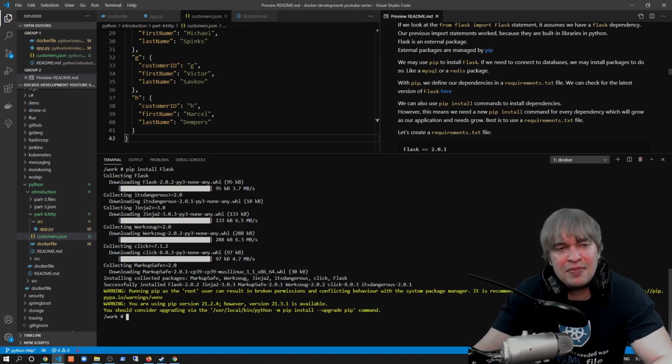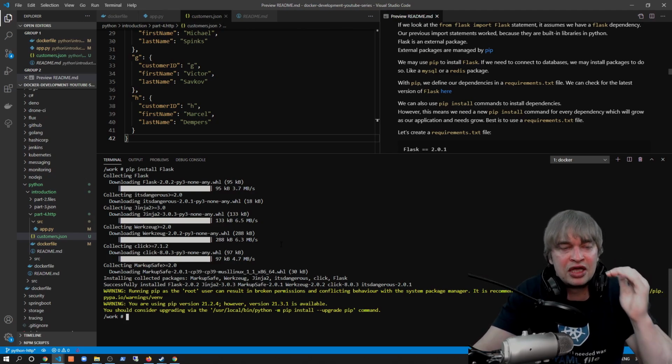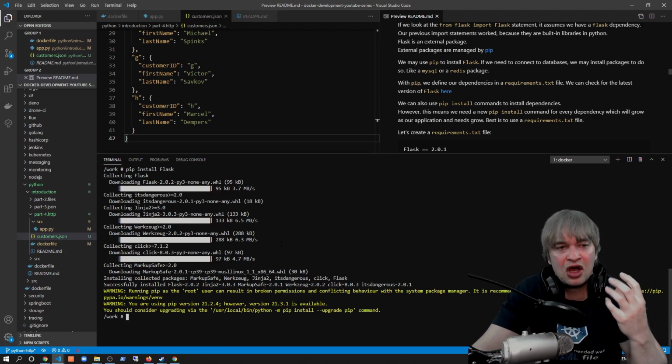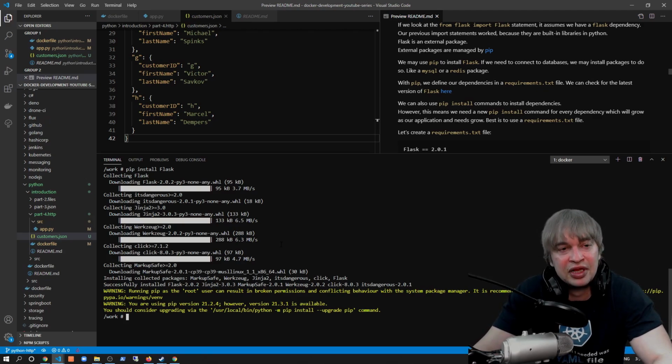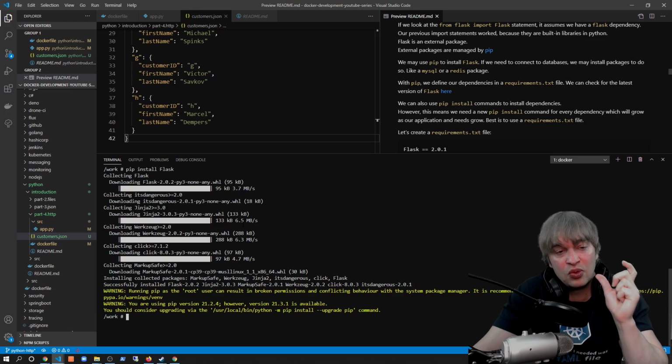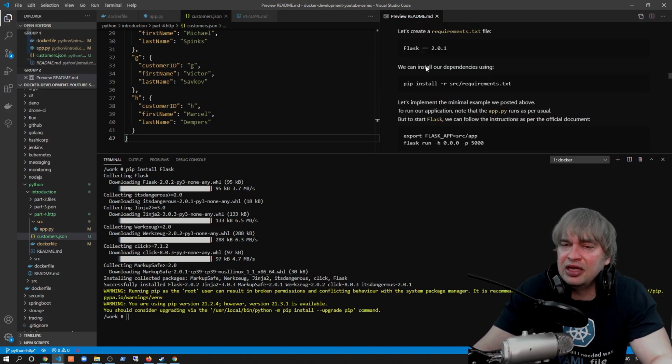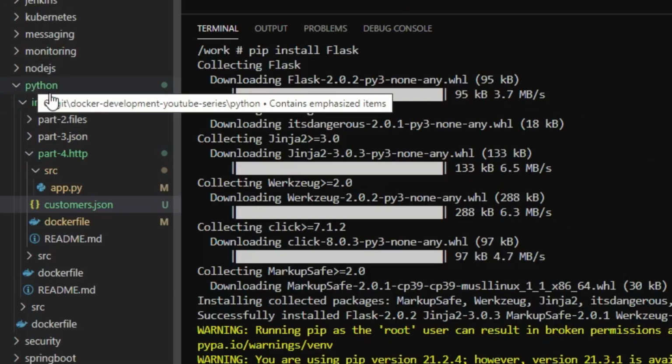Also, we don't want to remember how many pip install commands we want to run. In our Dockerfile, we can either write new lines to say pip install Flask, pip install something else, but that becomes harder to maintain. Python has a built-in file called requirements.txt, or any arbitrary text file where we can define what libraries we want to install. I talk about this in my README, but let's go ahead and go to the Python introduction